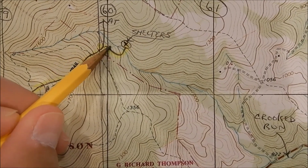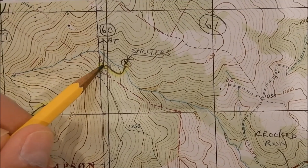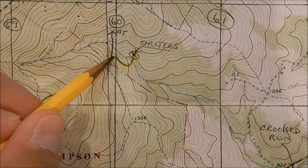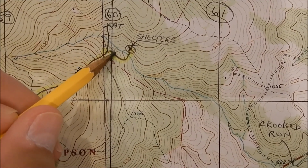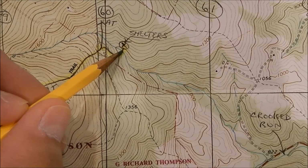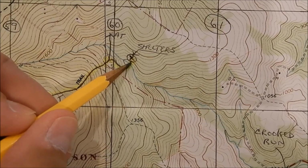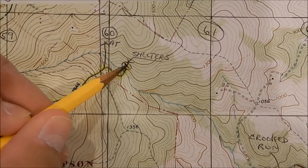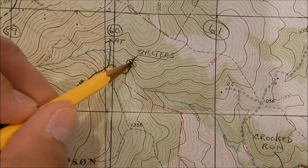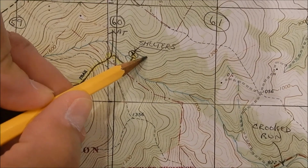And then you'll see there's some wooden signs stuck in the ground that indicate which way to go for the AT, and it's blazed white. You turn to the right and you head down a fairly steep little side trail that's blazed blue. And when you get down in this area, you'll be in kind of a real low, washed out area. And you'll end up crossing over a little footbridge, and then you'll see the Dick's Dome shelter. And then if you turn to the right and head up the hill just a short ways, let's say up to about here,